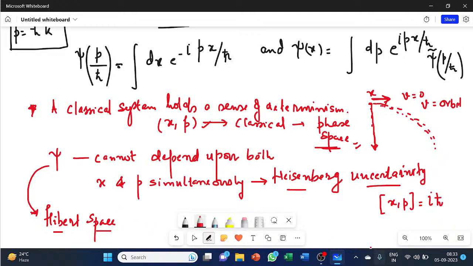Is that clear till now, or am I making some sense, or am I not making any sense? Because this is an introductory lecture, and I usually get confused as to what I should speak on in the introduction and what I should refrain from. So all these things I'm stating right now, you can take as postulates, and later on, as we progress in the course, you're going to have some understanding. Is that clear? Please let me know. If it's not clear, then I will have to repeat it.